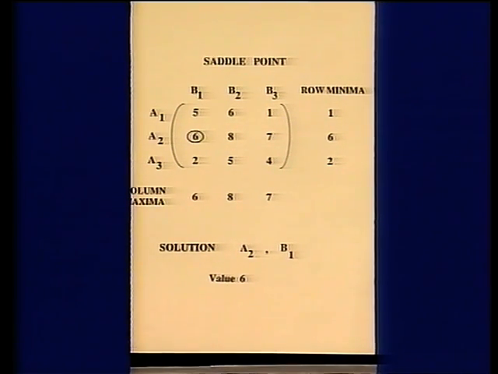Let's keep with player B. How can he achieve the optimum for him? Well, he looks at his winnings and says, whatever I'm trying to do, A can't get away with too much. And if he's wise, he can restrict A to winning 6. That's the minimum amount A is guaranteed to win.